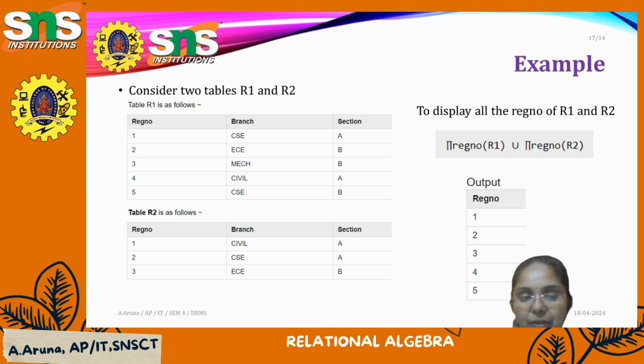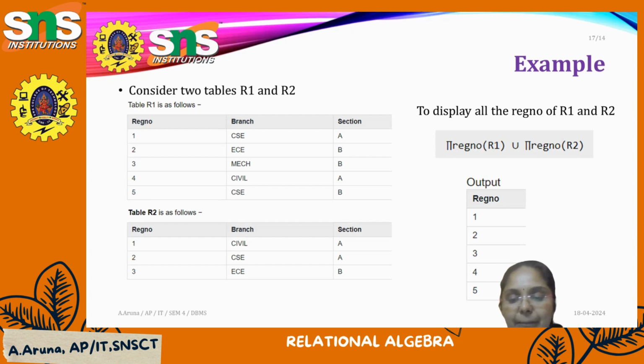Here, I have to project only the register number. So 1, 2, 3, 4, 5 are the elements present in both the tables. Here 1, 2, 3 are repeated, so they can be eliminated by using the union operator.